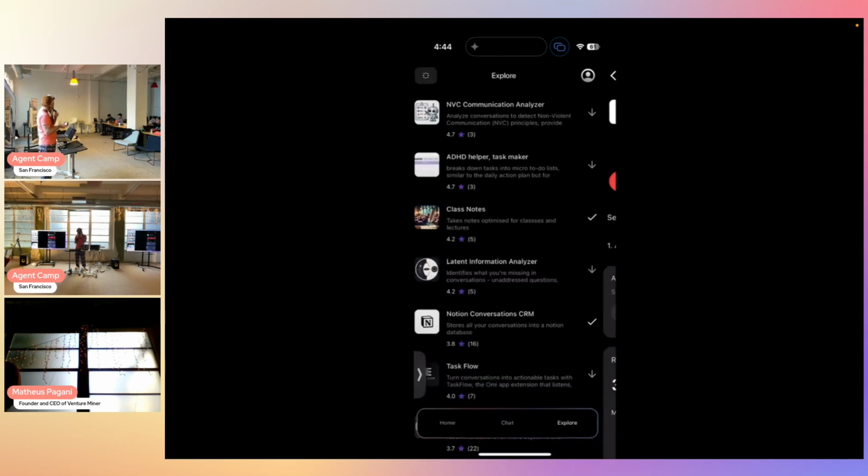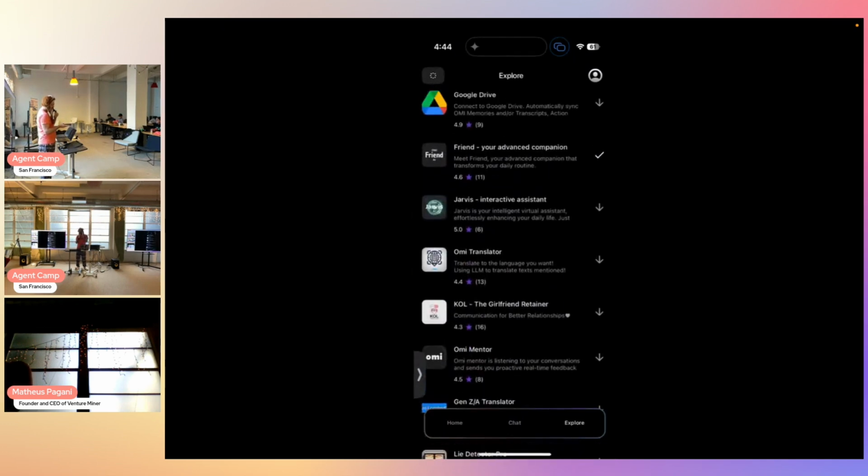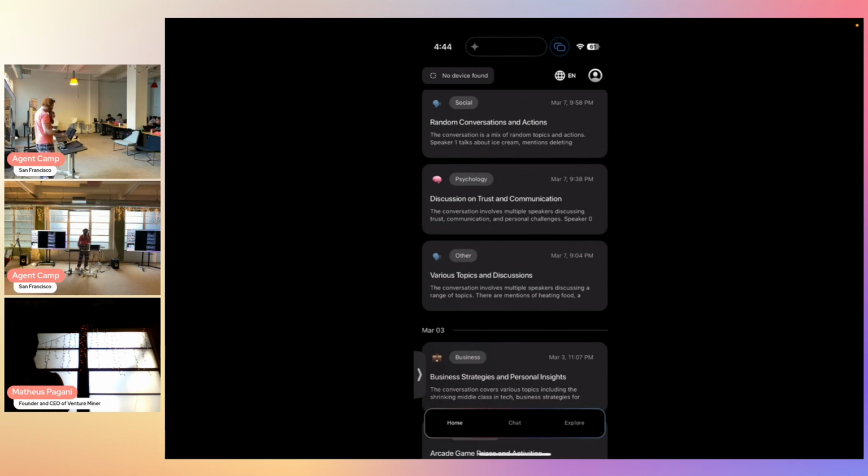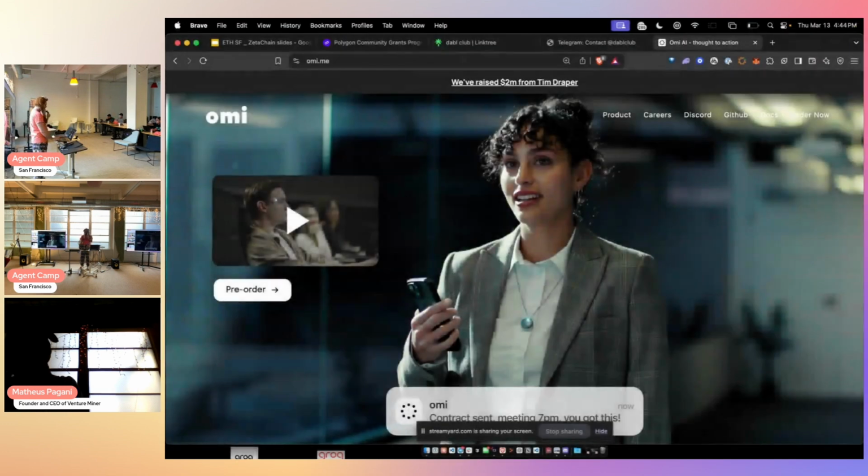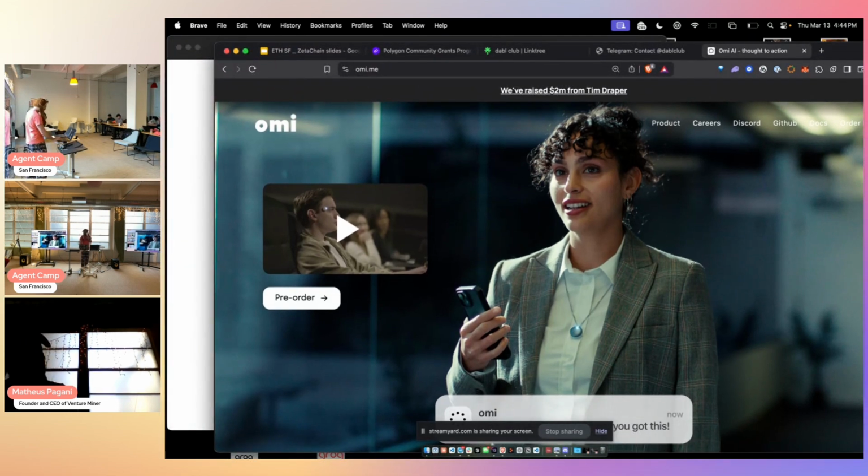This is something I really enjoyed using in my personal life, but I also want to pull this data out via API. If you want to do that, the starting place is the OMI GitHub. Let's see. My cursor has disappeared.